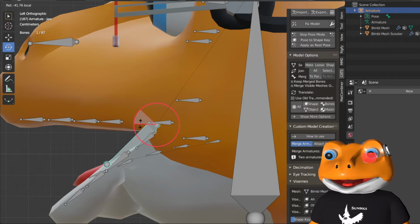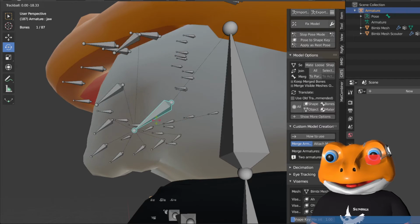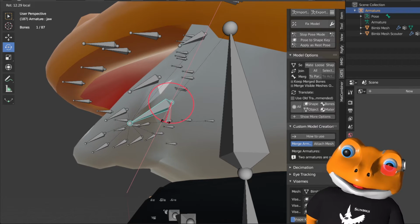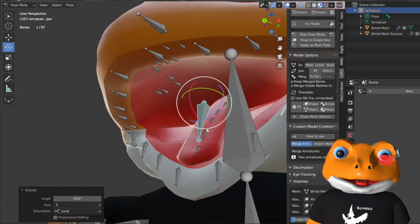Unfortunately, I couldn't get the weight painting just right, so if I open my mouth too far, it gets kind of screwy in the corners. Can you see that? Oh, it wouldn't ever move like that. So right here, these faces don't know exactly what to do. I will probably refine that more. Oh, wait, do I...